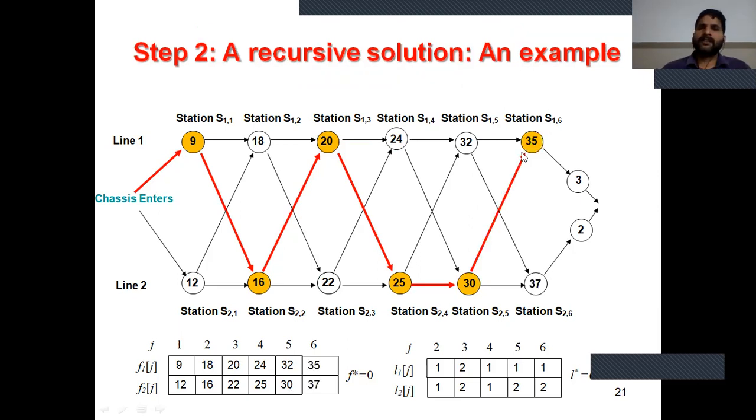Now next 30, follow the 35 and 37, the smallest is 35, and this is assembly line scheduling. 35 is chosen by assembly line 1 and assembly line 2 is scheduled by L2. So the smallest value of the chassis completion is 35 plus 3 equal to 38. So F star value equal to 38 and L star equal to 1.